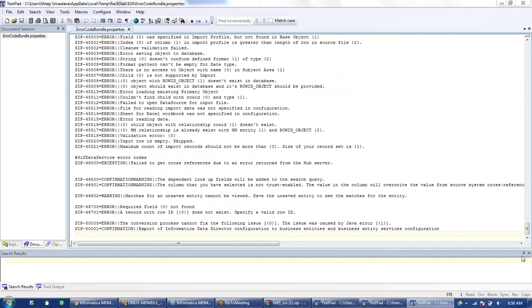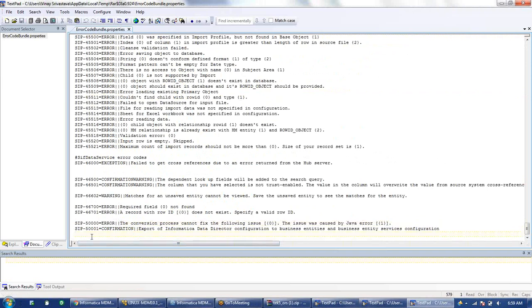So if you want to throw some custom messages from the user exit or any Java program, in that case we can use this error code bundle.properties. For example, I want to throw some error messages, then you can just copy this. For example, this is an error.